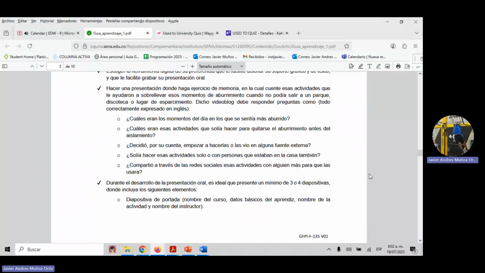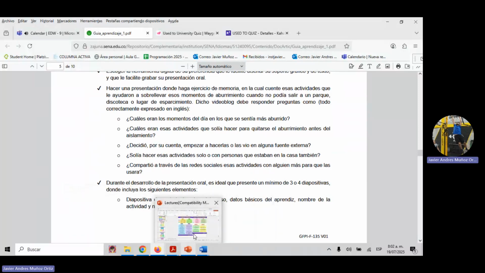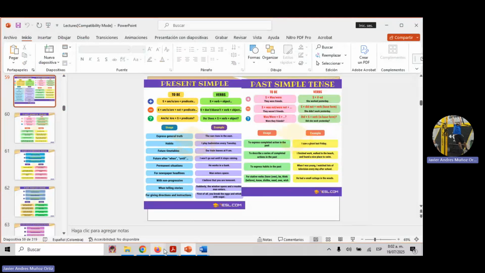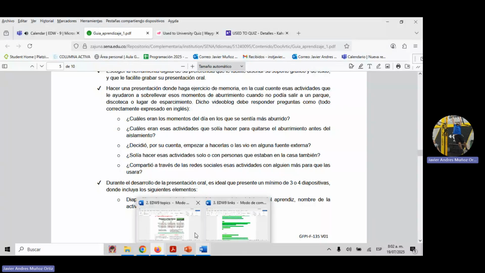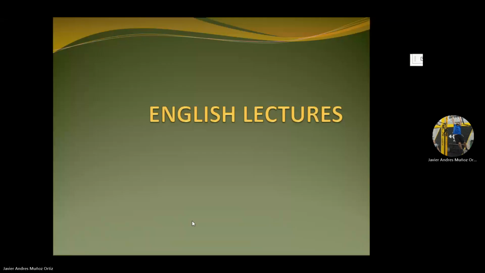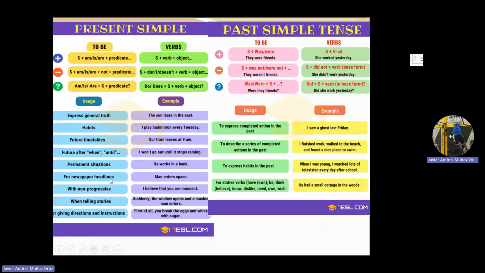So this is the activity you're going to present on this occasion. And this is why yesterday we were making a parallel between simple present tense and simple past tense, because this is what we are going to present on this occasion, according to the learning guide. Yesterday we made a parallel between simple present tense and simple past tense, and we mentioned that the difference